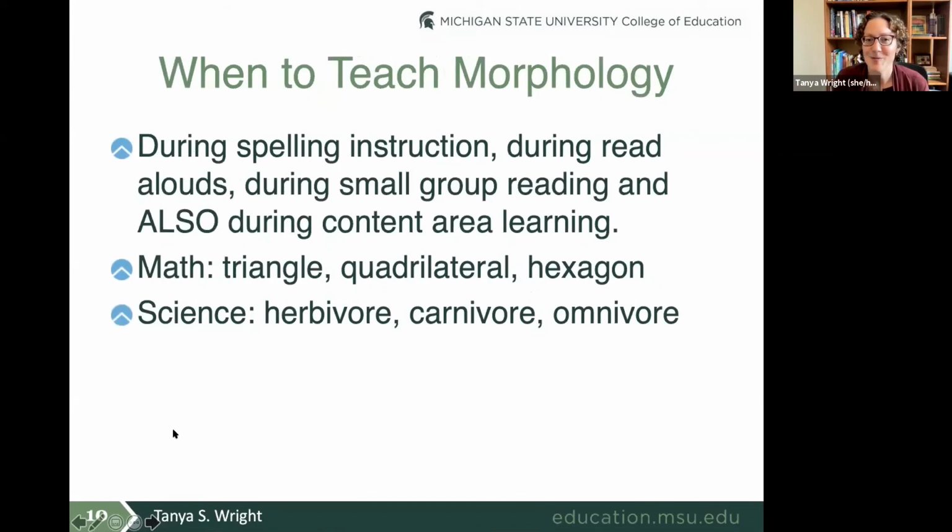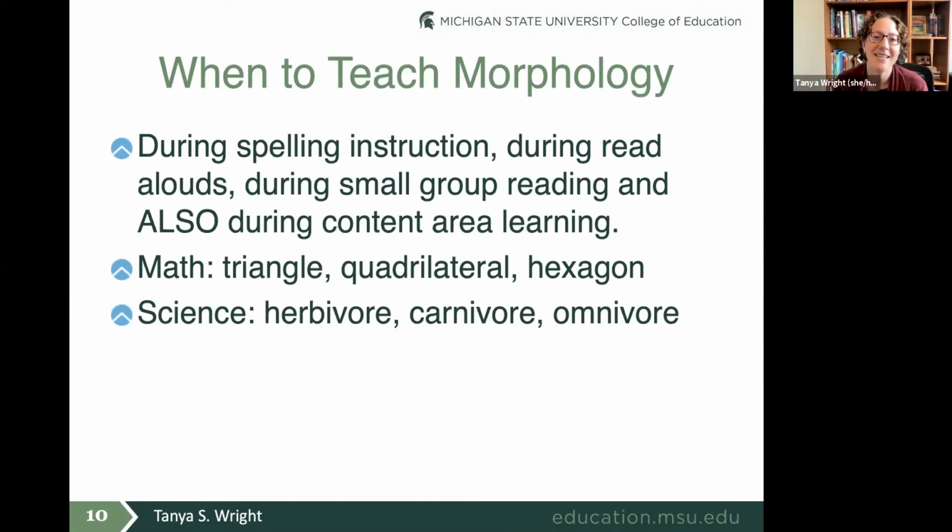Okay, so also when to teach morphology, hopefully not in the morphology block. Sorry, I'm actually doing the emoji with worksheets and flashcards that then your mom has to ask you in the morning before she goes and does a presentation about morphology. Okay, so during spelling instruction, of course, is a wonderful time to